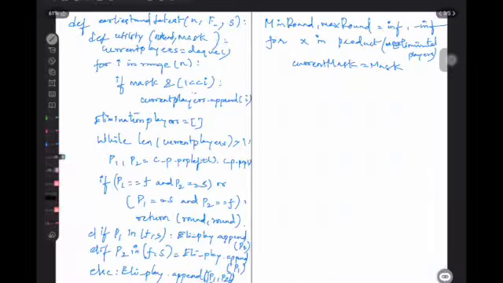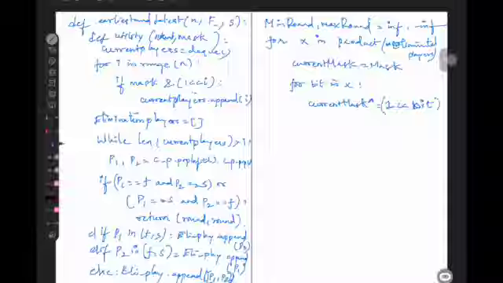So now what we are going to do: for bit in x, we will be doing the XOR. This is XOR equals to 1 shifted by whatever we are getting as the ith bit. So that bit we are traversing through.